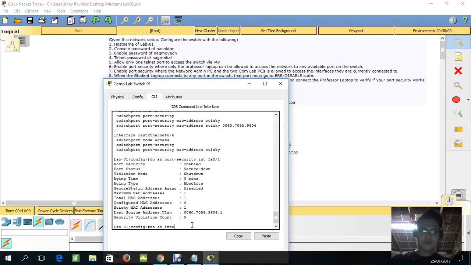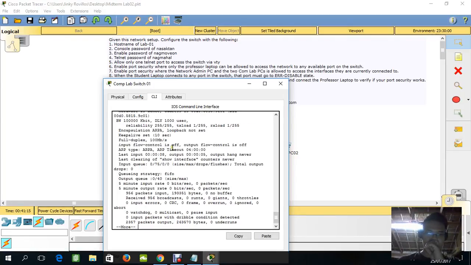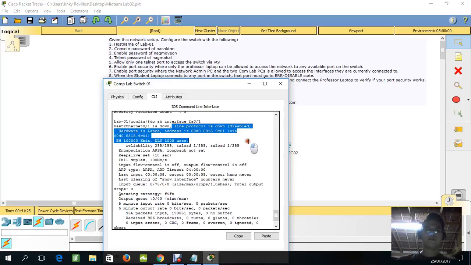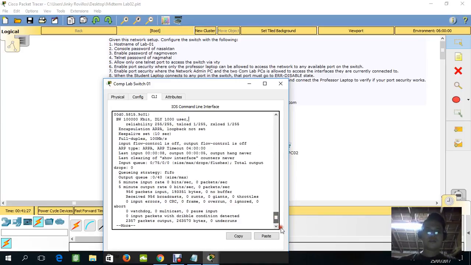And then we're going to type do show interface. As you can see here, the line protocol is down. So we completed problem number 8.